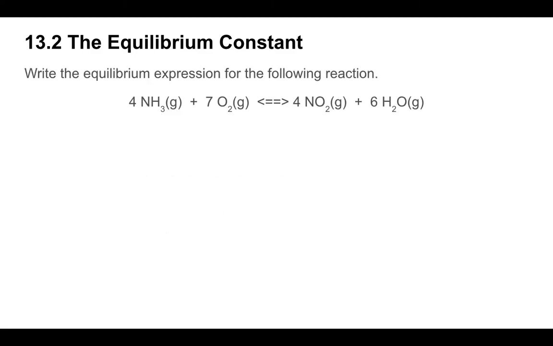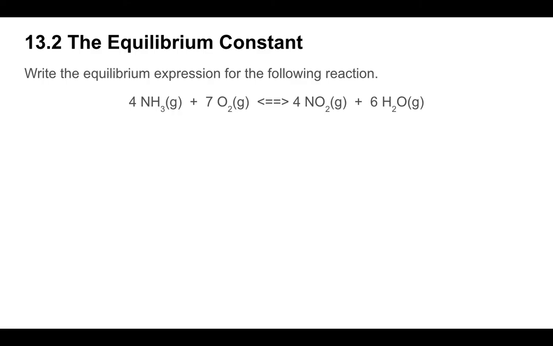Let's practice that. Let's write the equilibrium expression for 4NH3 gas plus 7O2 gas makes 4NO2 gas plus 6H2O gas. I haven't really mentioned it yet, but one way to recognize the difference between a plain stoichiometry problem where you're assuming everything goes to the right versus an equilibrium reaction where you care about both directions is that we change our notation from an arrow to the right to an arrow that goes in both directions. So when you see that arrow pointing both directions in an equation, that's a good clue that you're doing an